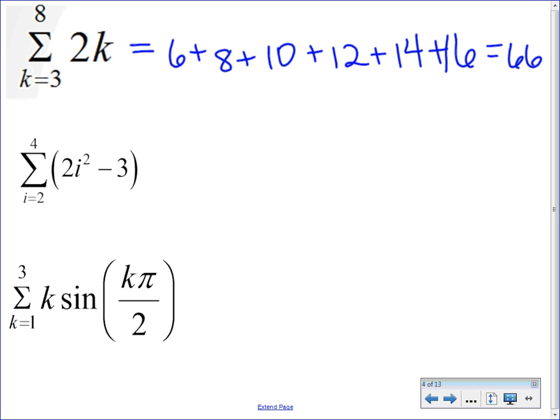Alright. Let's do the second one. We plug in 2. 2 times 2 times 2, right? 8. So we get 8 minus 3, which is 5. Plus, when we plug in 3, what's 2 times 9? So we get 18 minus 3. And then when we plug in 4,